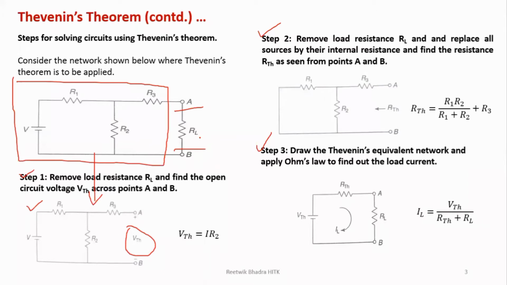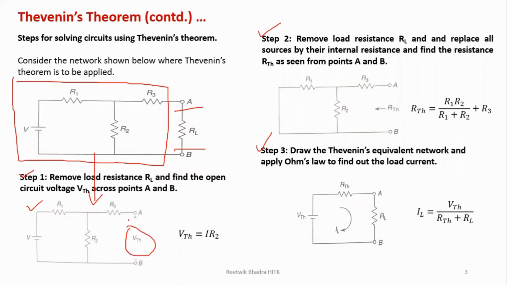So from the main network, you want to find VTH. What you have to do? You have to remove your load resistance RL. So across this terminal, since it is open, we'll get an open circuit voltage plus minus VTH. We generally term the A terminal as plus, B terminal as minus. You can do the opposite way also, no problem. Your answer may come as negative, or the opposite terminal may give a positive answer. Whatever is there, no problem with the plus minus sign. But the general thing we should follow is A positive, B negative.